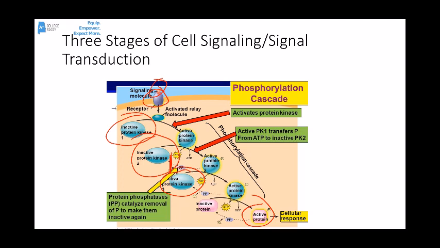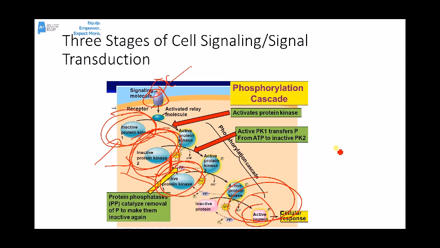Now, what's misleading about this diagram is it makes it look like protein kinase 1 activates only one protein kinase 2, and protein kinase 2 activates only one protein kinase 3. When in actuality, at each step, one of these may activate several of these. So at the end, many of these proteins get activated so that this one ligand that we had up here at the beginning can cause a very, very large response. I'm talking about sometimes in the millions. So one ligand might cause millions and millions of these active proteins at the end of the signal transduction pathway.